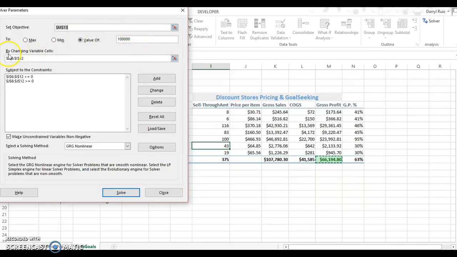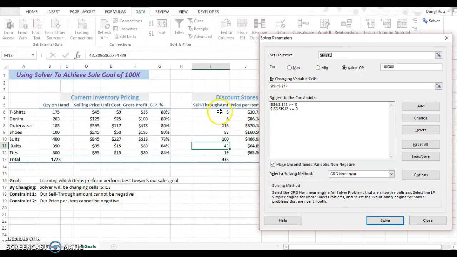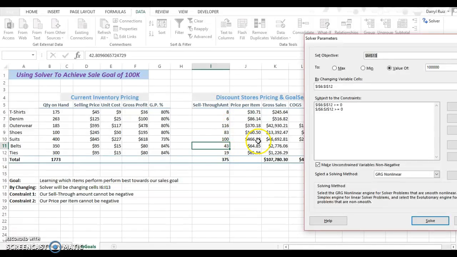My By Changing Variable Cells will be the items I need to sell through in order to generate this volume. Obviously, the more I sell, the more I will generate. So Solver will solve for which amount of merchandise should be sold at the price point it gave me earlier